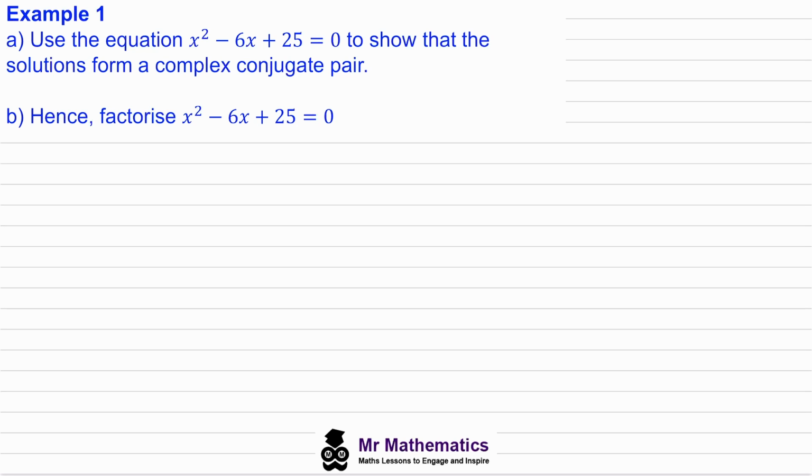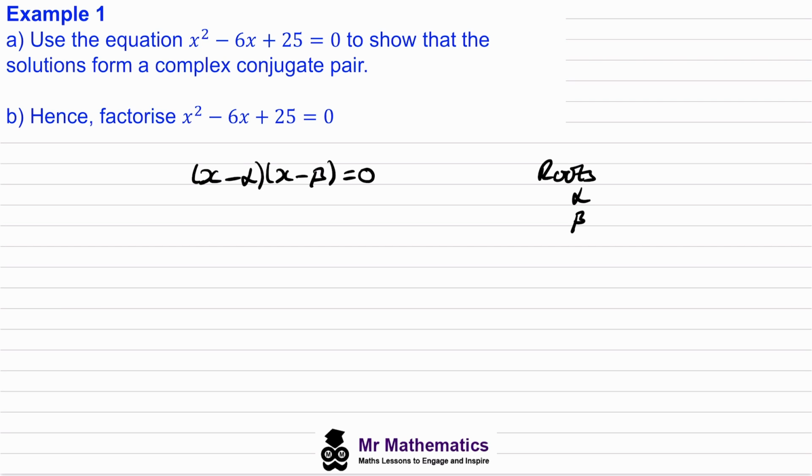Hi everybody. So in this video, we're going to look at the complex roots of a quadratic equation. So if we have a general quadratic that's been factorized and it has roots at, let's say, alpha and beta, then the factorized version of a quadratic could be x minus alpha multiplied by x minus beta, and this will